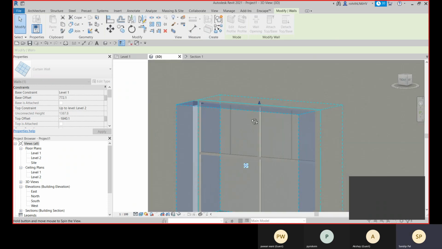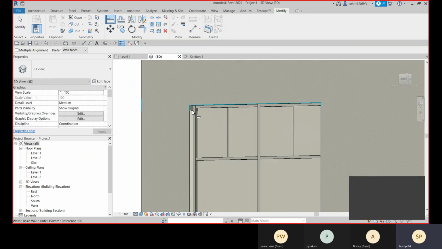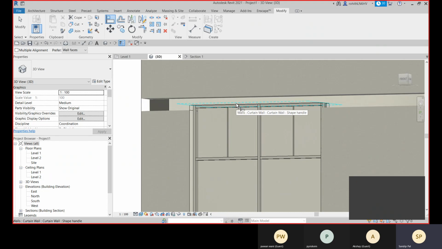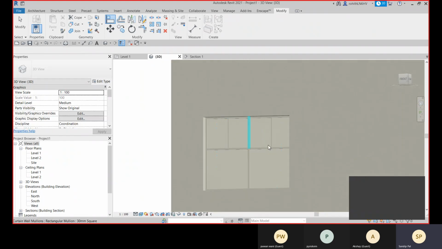And here also you can go for Align, select this edge and select the top edge, and that is aligned. You can align this way also.